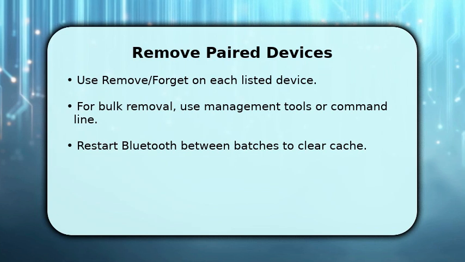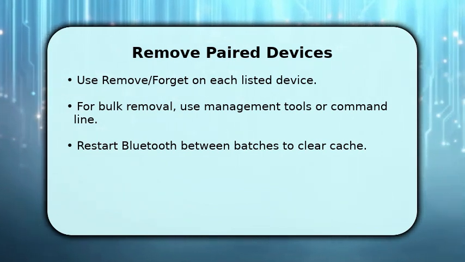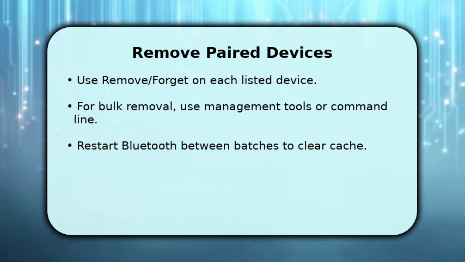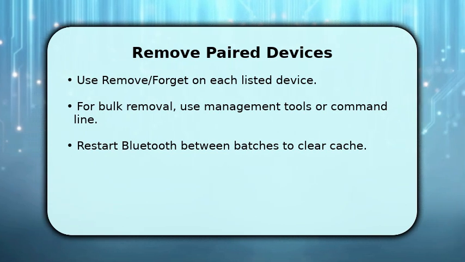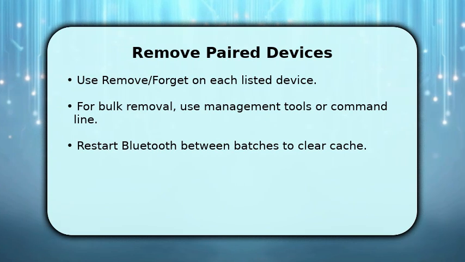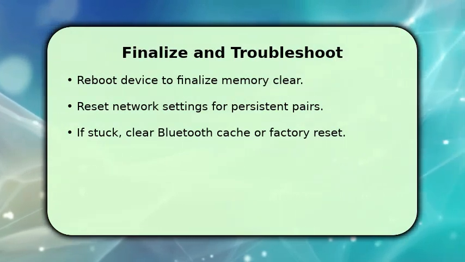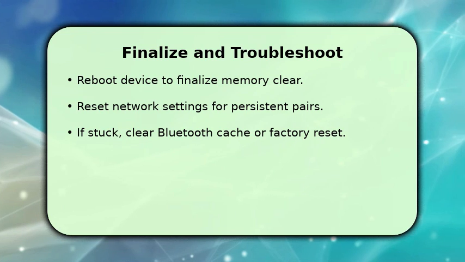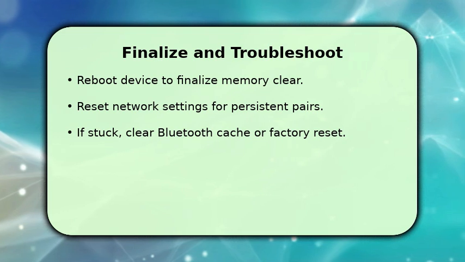Once you've removed several, restart Bluetooth or toggle airplane mode briefly to flush temporary states. Make sure to check both system settings and any vendor apps that may re-add devices, and remove entries there too, to avoid surprises. Finish by rebooting the device so the OS writes and persists the removal of paired devices. This prevents ghosts. Verify the Bluetooth list is empty, and if not, reset network settings which clears saved pairings while